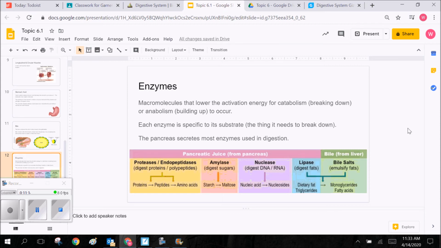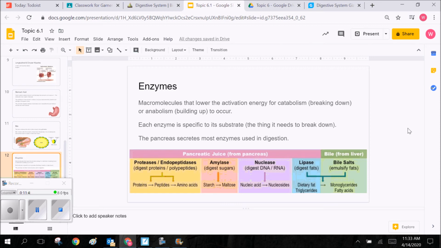We can see here at the bottom a bunch of examples of enzymes that can be used in this. So we have proteases and endopeptidases, which are going to break down proteins, amylase, which is going to digest a lot of sugars. We can see it's turning starch into maltose there. So starch is a polypeptide. It is a proper polymer carbohydrate, and it's breaking it down to maltose, which is a monomer and is a monosaccharide. Nuclease, which is going to digest DNA and RNA into their nucleotides,